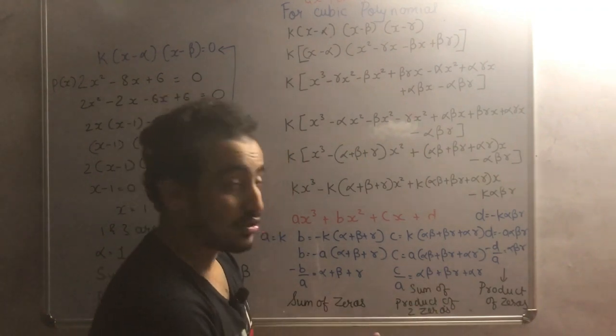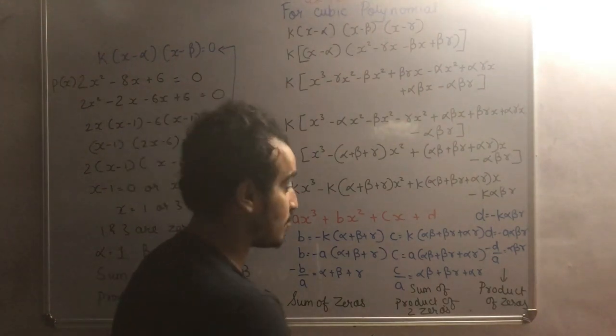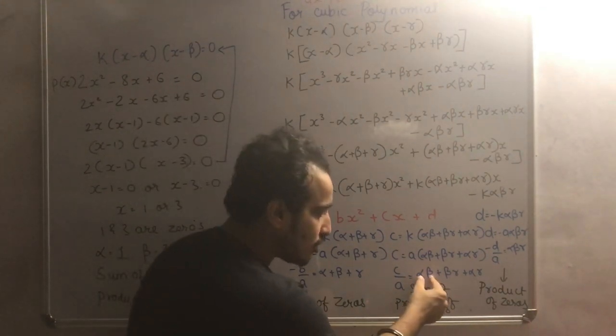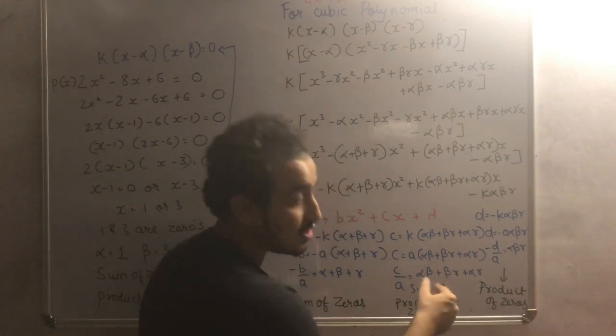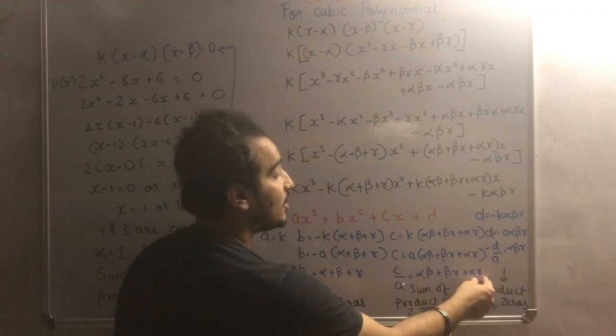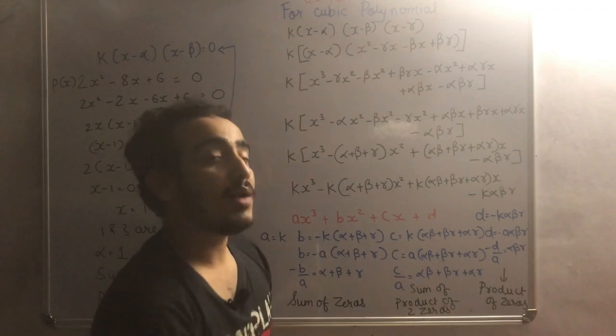Now product means multiplication. Where is multiplication? Between these two zeros. Product of two zeros means multiplication of two zeros. Here also product of two zeros, multiplication of two zeros. Here also product of two zeros means multiplication of